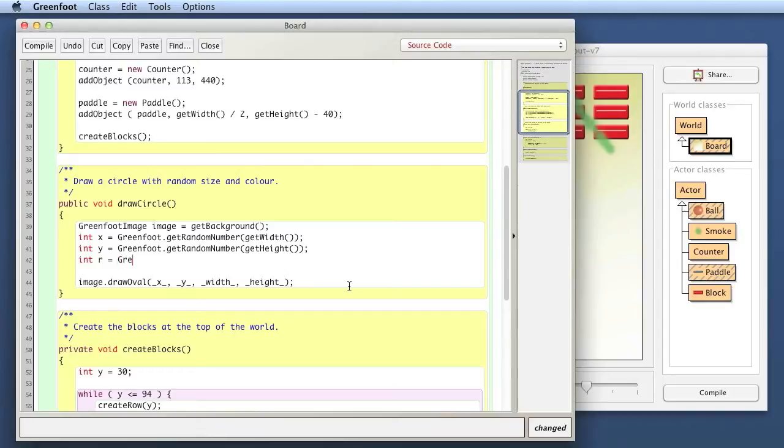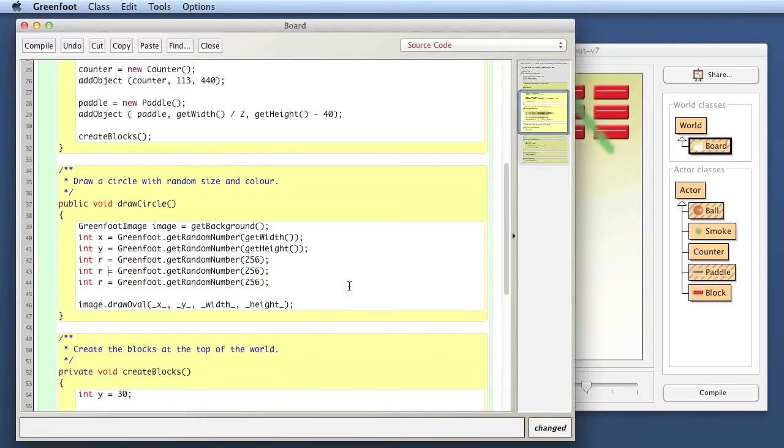I said once before you should give your variables meaningful names, but RGB is meaningful. So I say Greenfoot dot get random number, and RGB values are always bounded at 256, so they are in the value range 0 to 255. And I just copy that a few times and do a random R, G, and B value. Then I can create a color